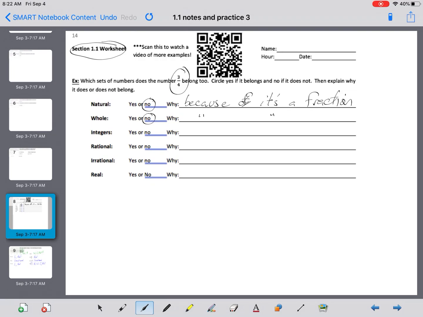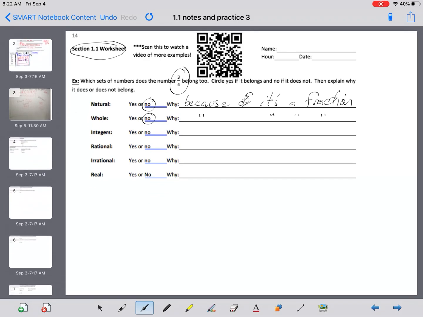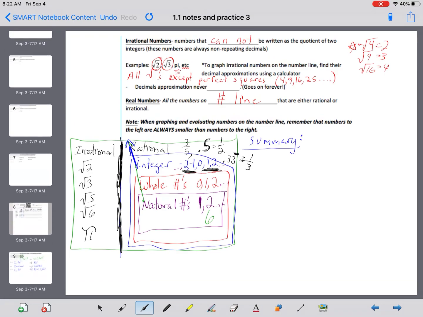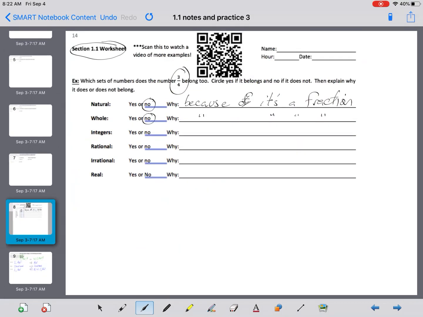So I'm going to use the same reason. Integers, remember, are whole numbers including 0, and then they go to the negative counting numbers. So there's still not fractions in there. So it's not an integer